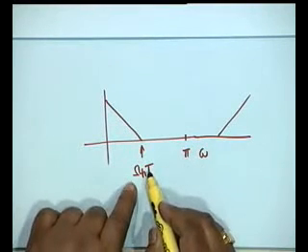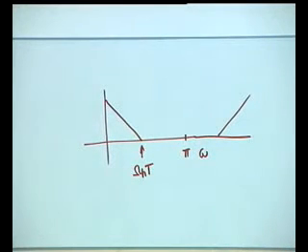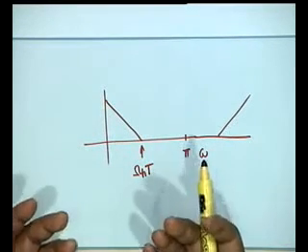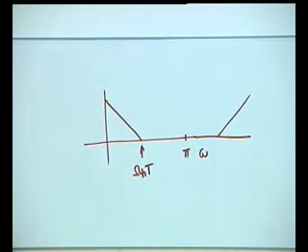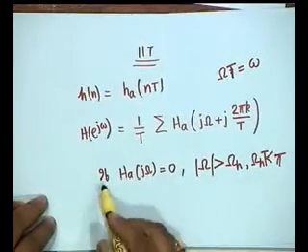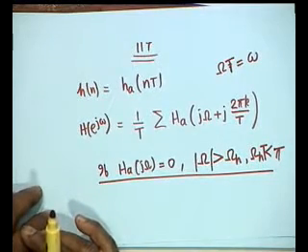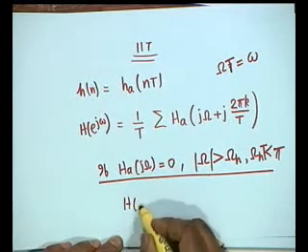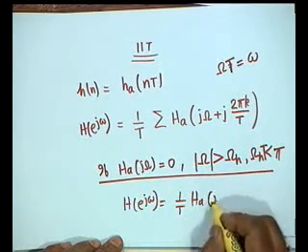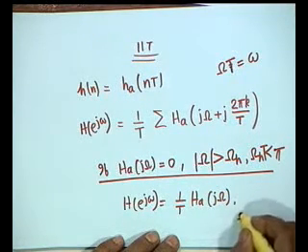Now if omega h t is not less than pi, then obviously we are asking for aliasing, right? So sampling frequency should be so chosen with due respect to the sampling theorem, and omega h t should be less than pi. If this is true, then there is absolutely no problem with impulse invariant transformation. If this is true, then h of e to the j omega shall be equal to 1 by t h a of j omega, where omega t,